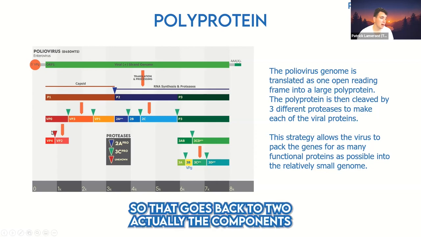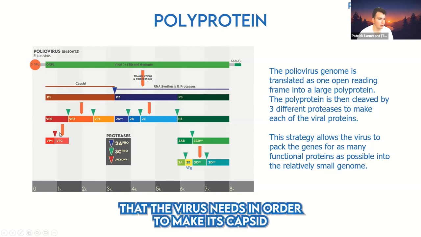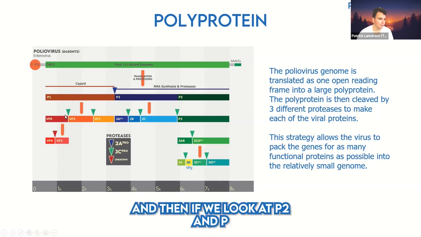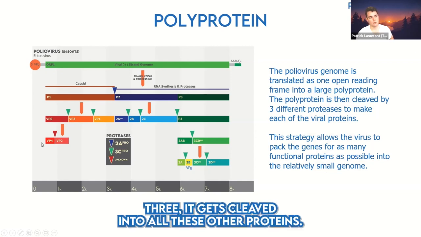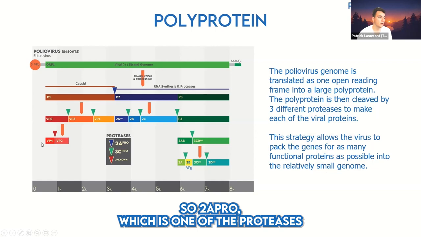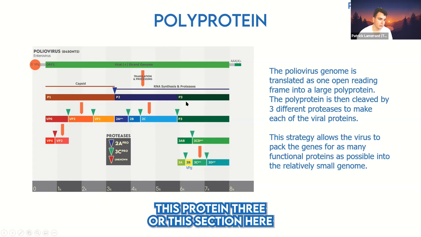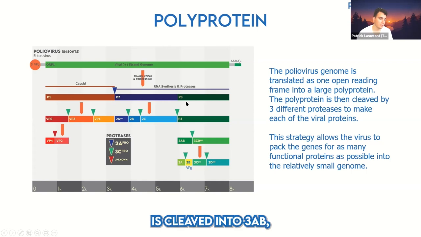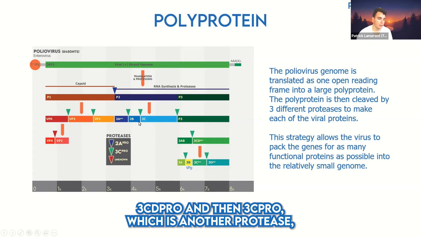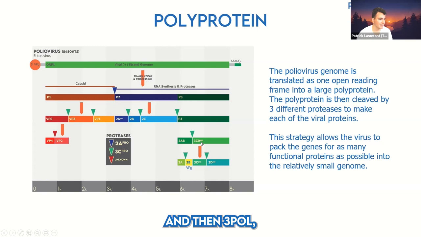VP3 and VP1. So that goes back to the components that the virus needs in order to make its capsid and the different facets. And then if we look at P2 and P3, it gets cleaved into all these other proteins. So 2A pro, which is one of the proteases it uses, 2B, 2C, and then protein 3, or this section here, is cleaved into 3AB, 3CD pro, and then 3C pro, which is another protease, and then 3-pol,